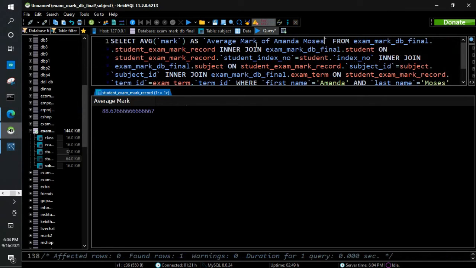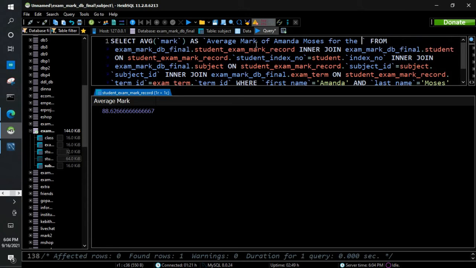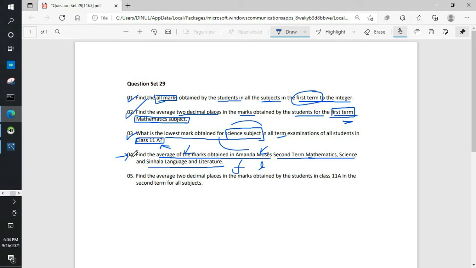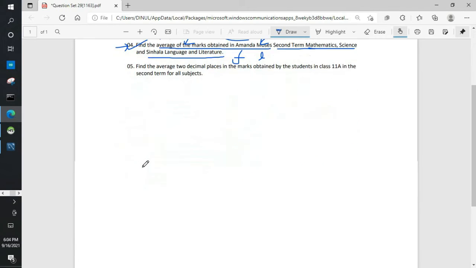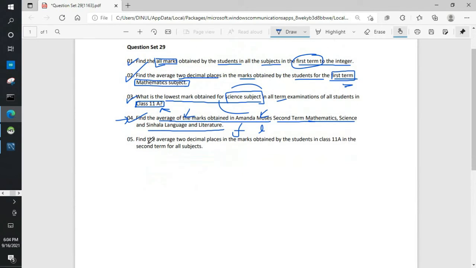Amanda Moses for the second term. Okay, now we have the average of Amanda Moses for the second term, which is 88.626666, like that up to 6.7. Okay. Now there you have the answer for question number 4, and the last question they are asking, find the